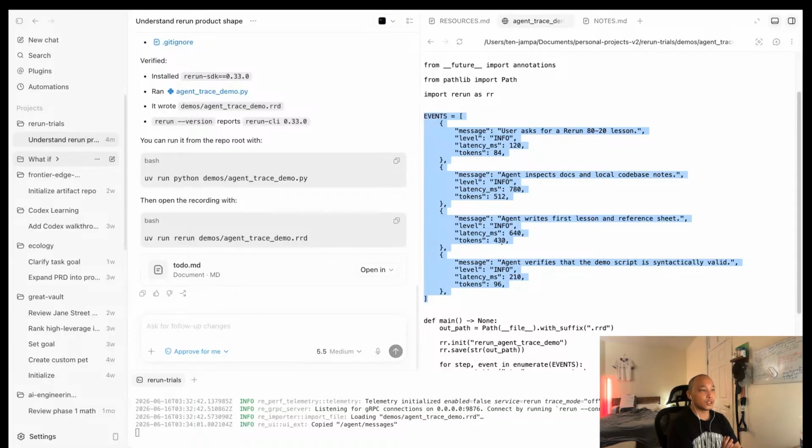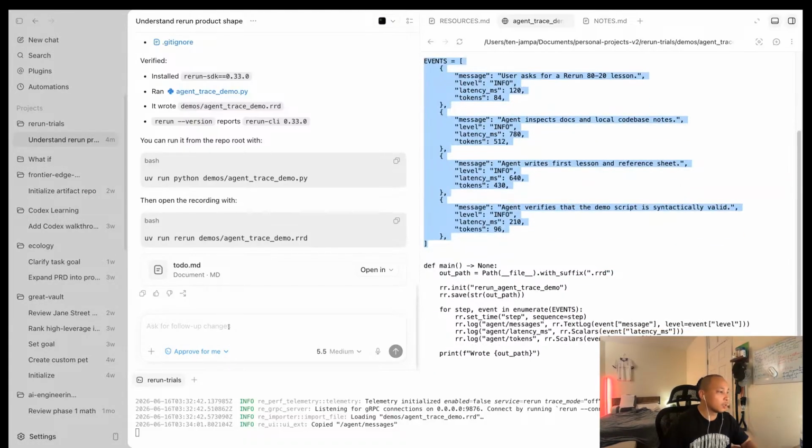You have a message where a user asks for a rerun 8020 lesson. The level is info. Latency is 120. Tokens is 84. Then you have another message, agent inspects, agent writes, and they are all happening at different latencies. Okay, so this is okay.